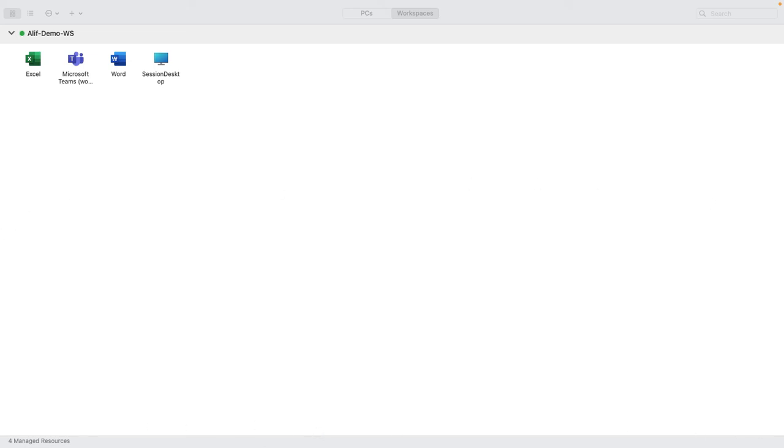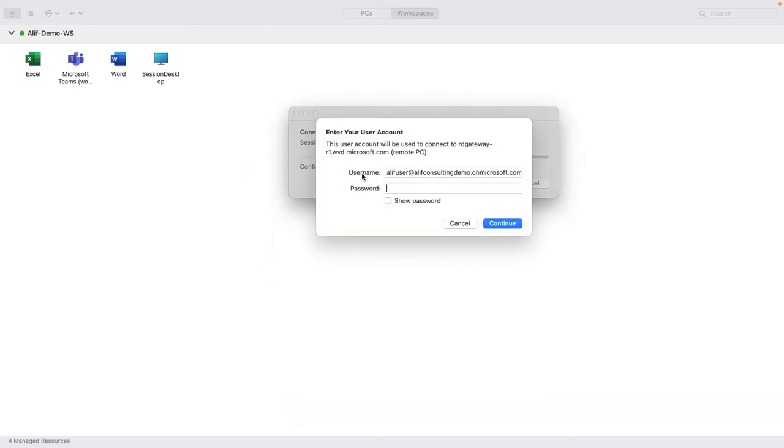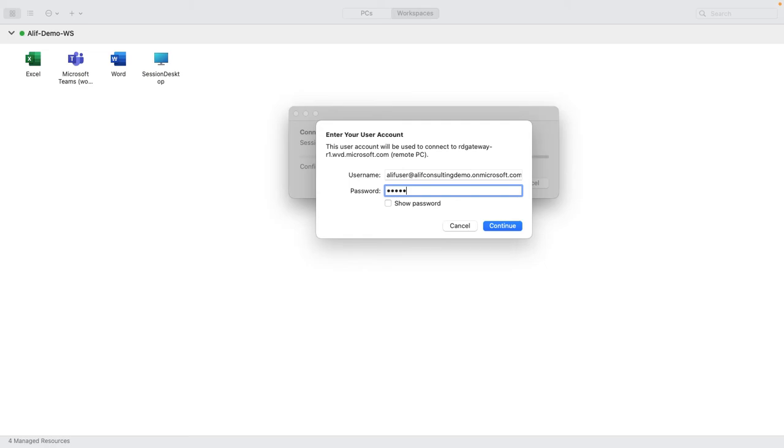Okay, looks like something is wrong. I don't know why this Excel moved to my other window, but you can also use the same desktop here. You just need to put in your username and password,